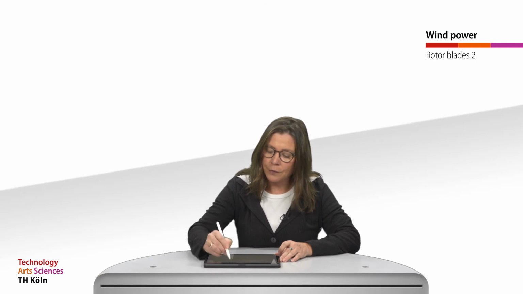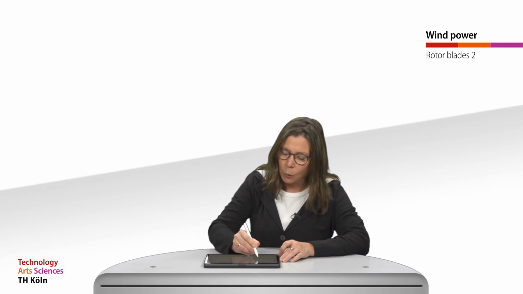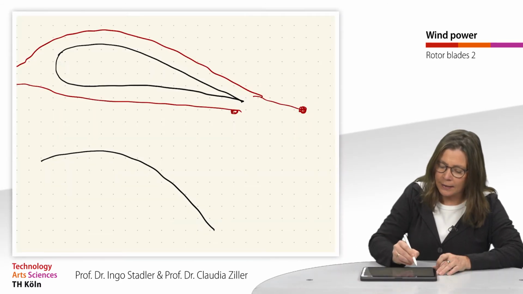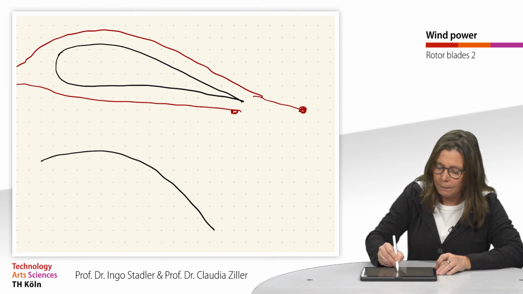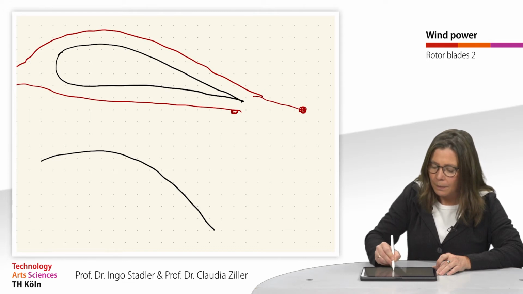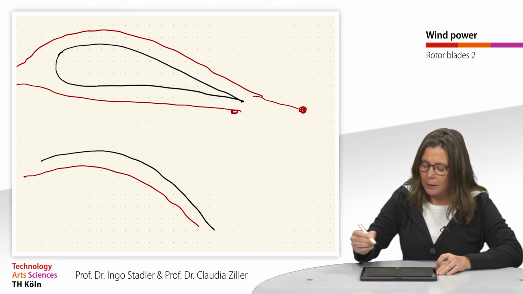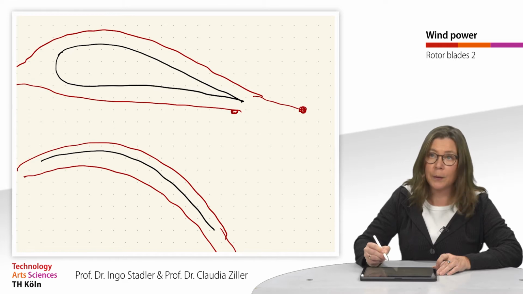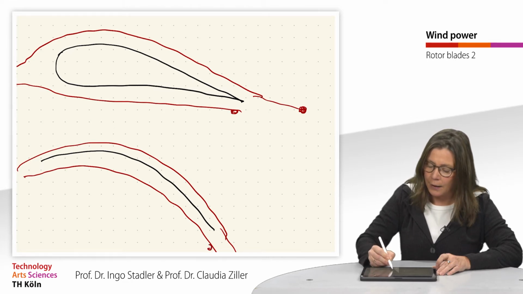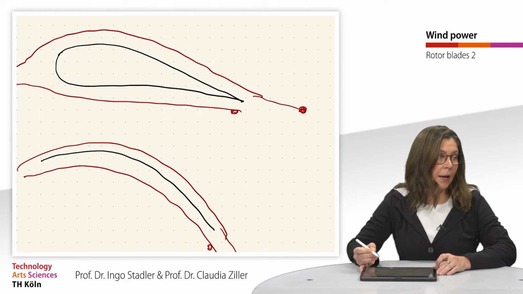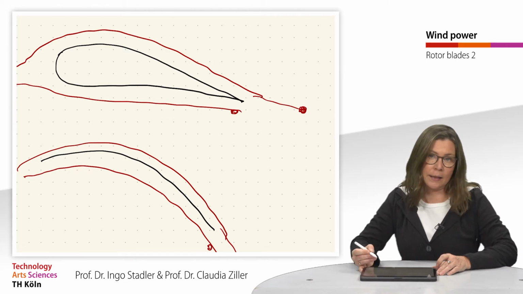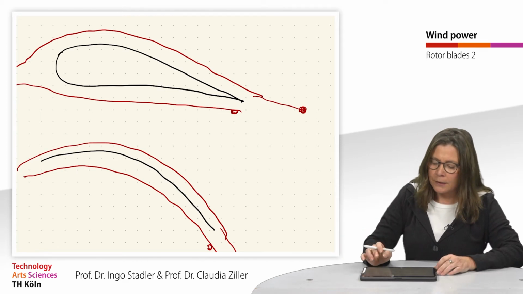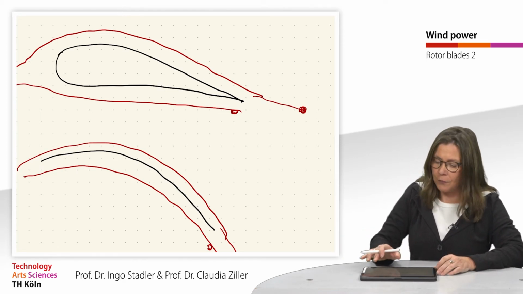This is due to the fact that in former times we had airfoils like this. And there you have streamlines again above and below, and here you have the same expectation. So you have very fast fluid parts above the airfoil and slower parts below the airfoil, and there you have the same ways. So this is not a good explanation. But what is very important is the curvature of the airfoil.